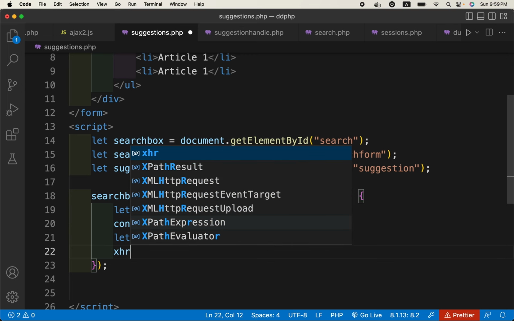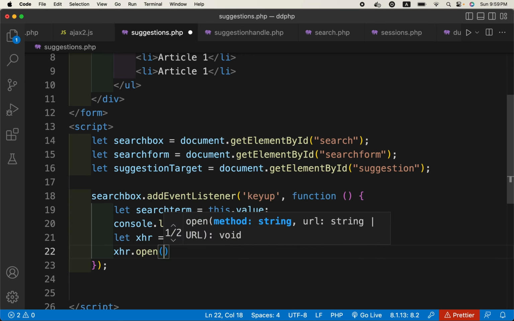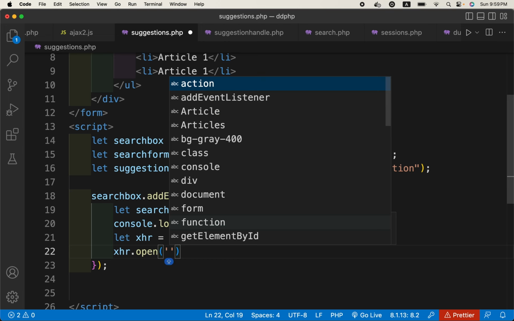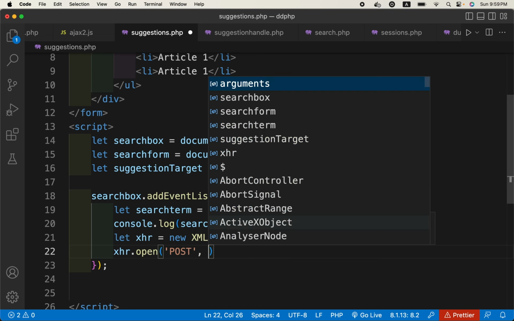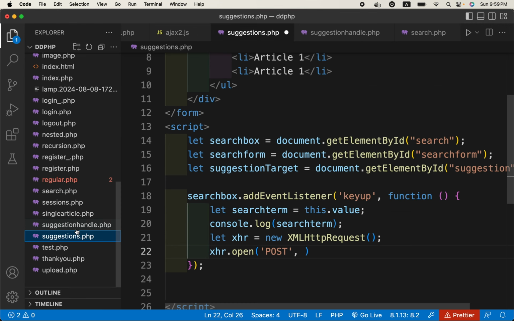Then we are going to open a connection, and the connection should have the method which is post, because we want to send it as a post, and the suggestion handle.php file. So the second parameter is going to be suggestion